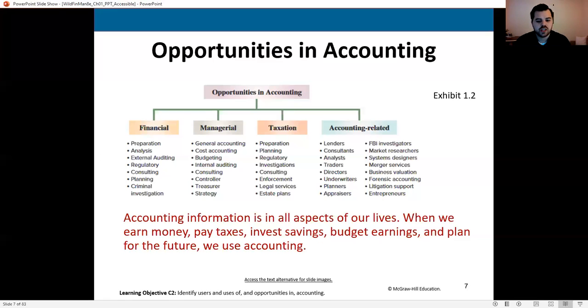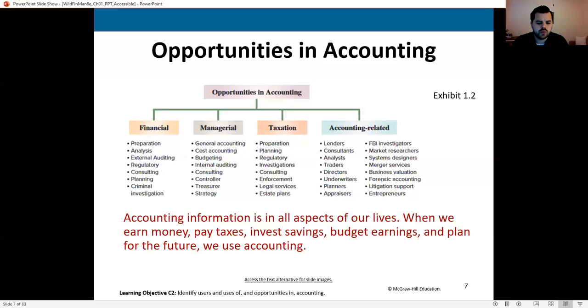The idea here essentially is, while you may not have realized that all these places are using accounting, while you may not have realized that accounting is this invasive, accounting really does touch every area of our lives and every area of our businesses and organizations. So we do want to make sure we understand it.